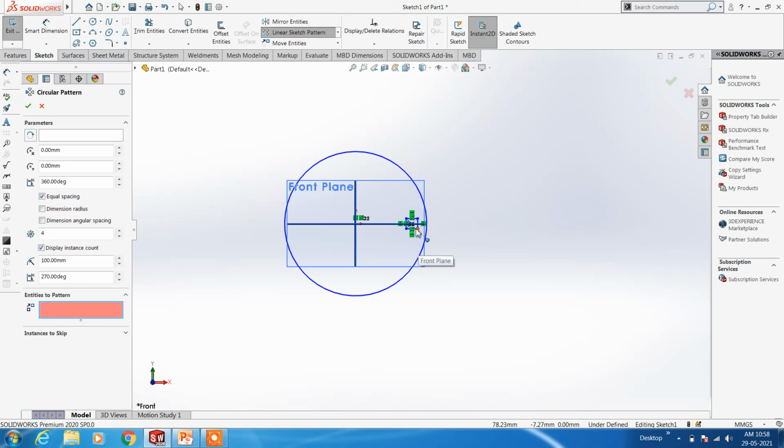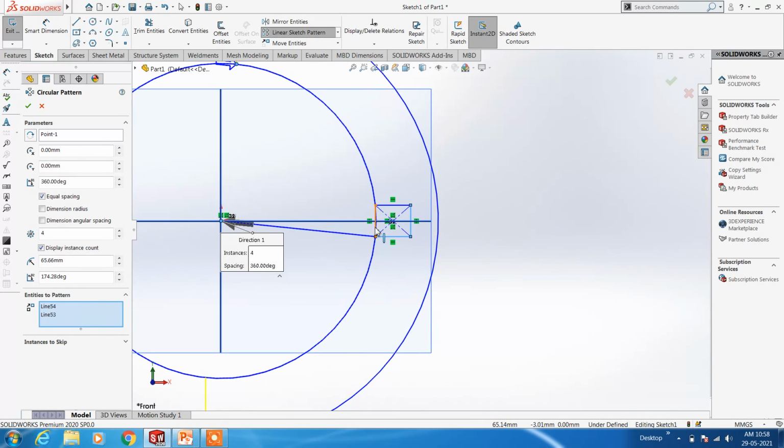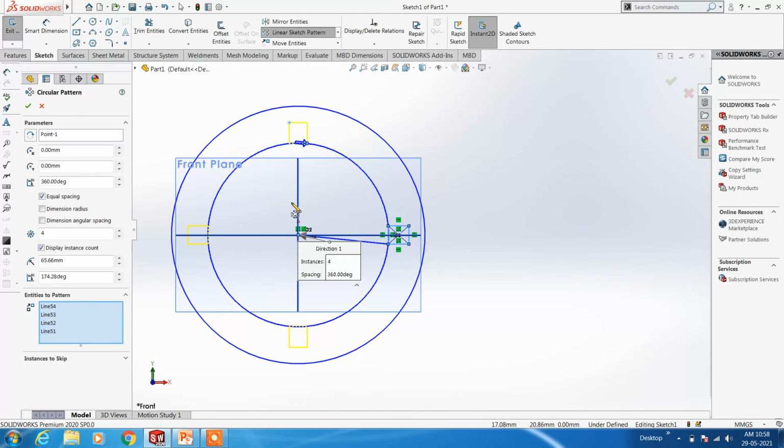Just click the entities. According to that, your pattern will be formed. You can change the instance according to your wish. It is equal space. 360 degree means it will be equally spaced.